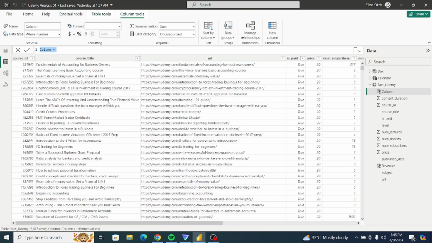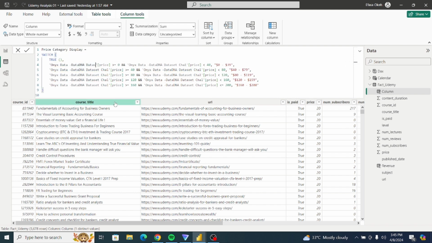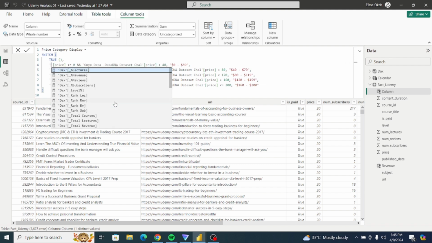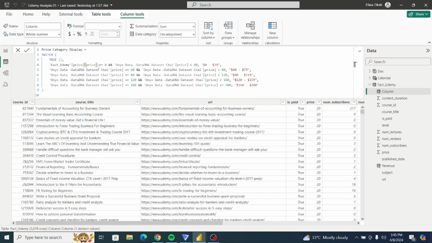Once I paste the code I copied, I'm getting this error because the name of this table is only its dataset, data DNA dataset, but that's not the name of my table. The name of my table is actually fact Udemy. So I have to delete this and rename it to fact Udemy. We also have price, so it's fact Udemy price. So I'm going to copy this now